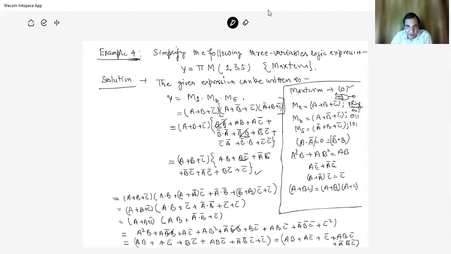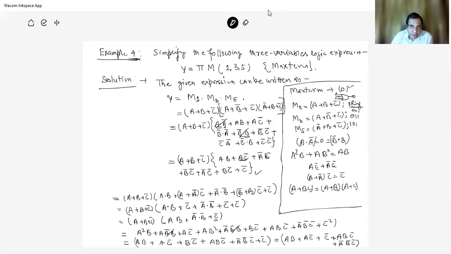Here it is A bar B bar, here it is B bar and B. This is also 1, so C bar. So here it is 1 C bar, 2 C bar, and 3 C bar. So all these C bar give the contribution of C bar. So the remaining terms A dot B, and here it is A bar B bar. So these are inside the bracket.